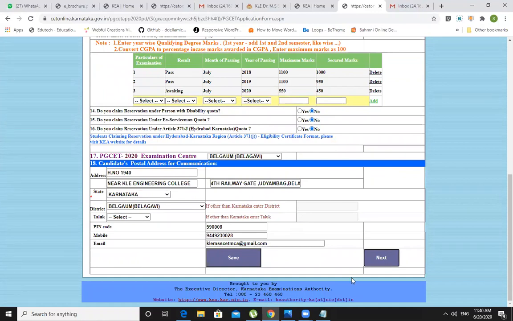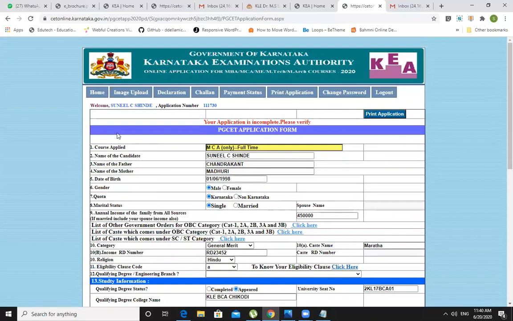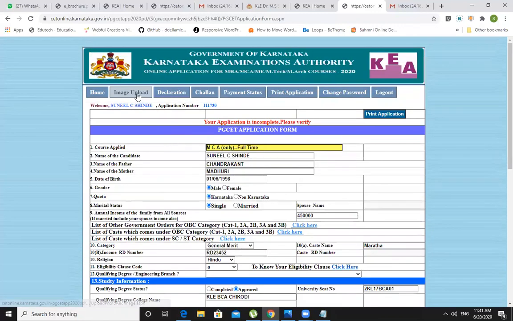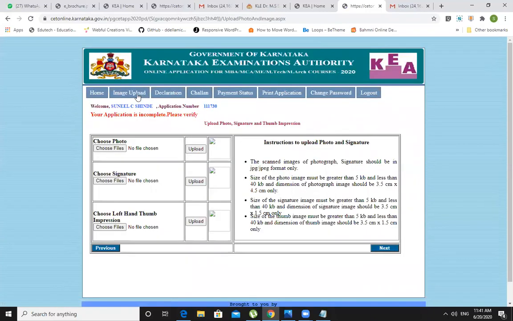If it is not working, click on image upload here. Sometimes this next button is not working, so click on image upload. It will open up an image upload section. Here you need to upload your photo, the signature and left hand thumb impression.